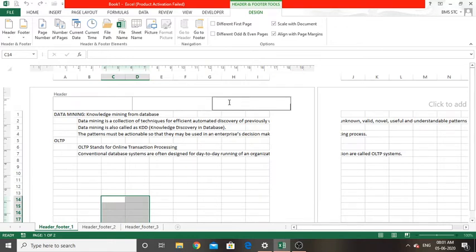So I am going to add the headers: on the left hand side I am putting Unit 1 as the header, in the middle the topic name, data mining and data warehousing,